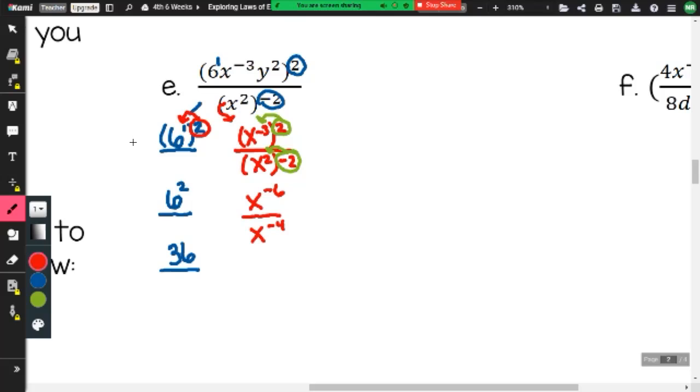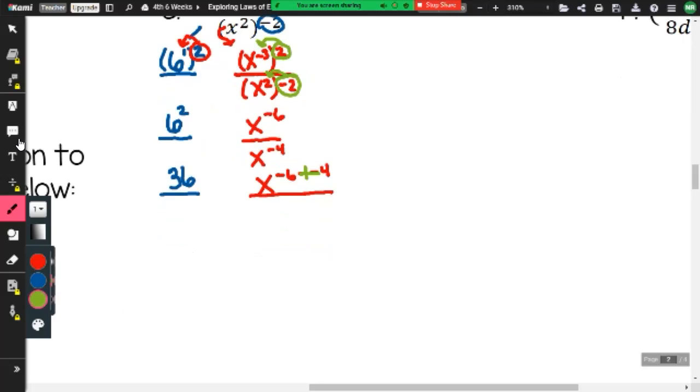So to combine these to create 1 power, what do we do? Subtract. So I'm going to take that top, -6, minus the bottom, which is -4. 2 negatives make a, not always going to make a positive. Just practicing it a lot. And -6 plus 4 gives me,